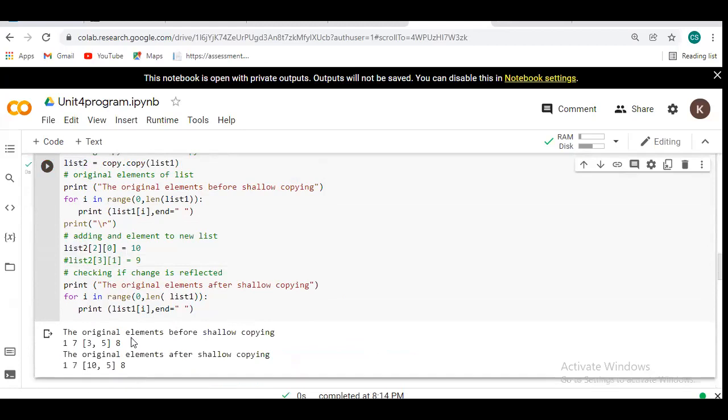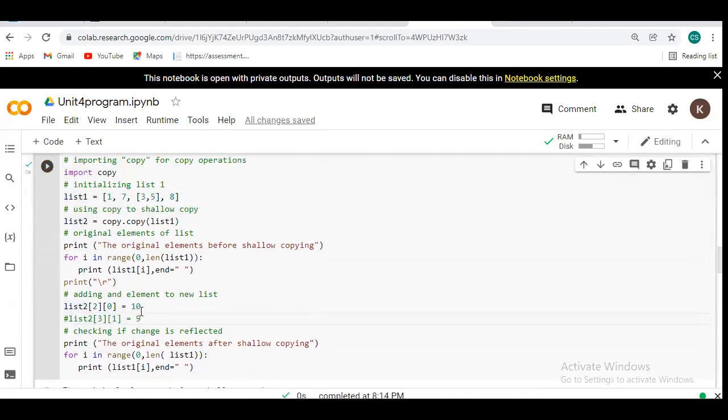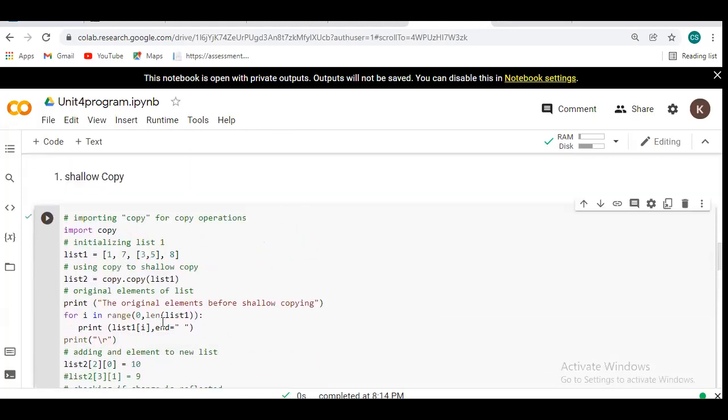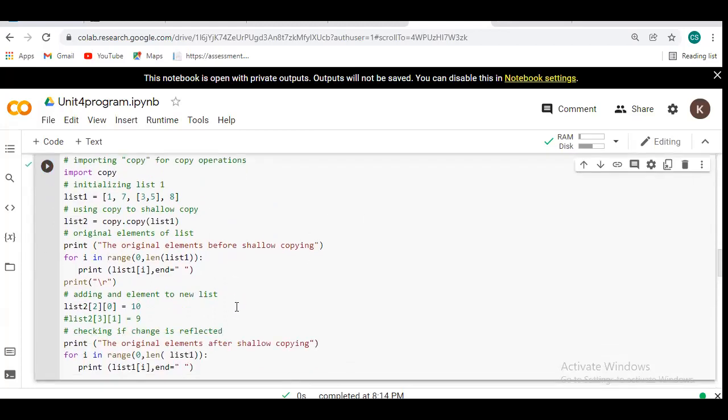Okay, you all perform this operation. I will check what the error will be for this line. Actually, if we want to change one more element in the same list, what will be the error? I will check. You all perform this program for shallow copying. You have to take different elements for your list and perform the operation.